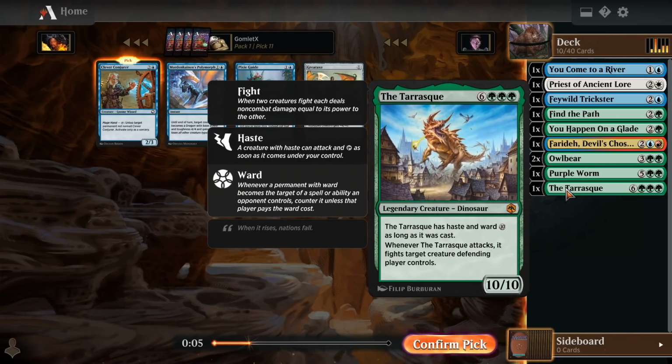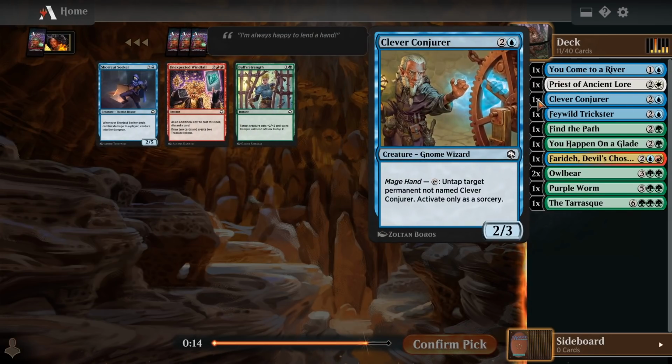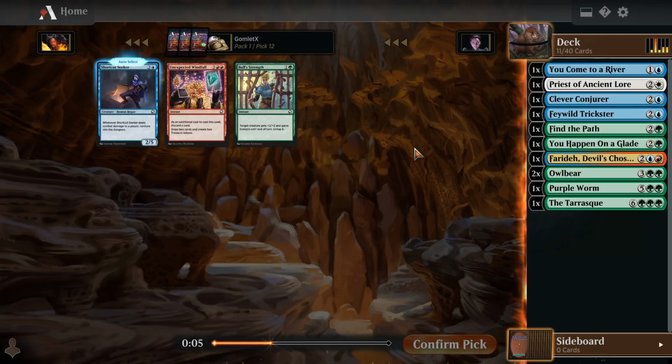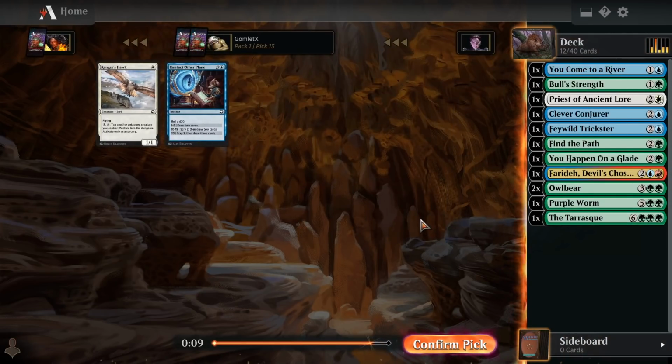We have a lot of stuff going for that, and for the same reason, I'm going to take the ramp card over the dice rolling card here. Clever Conjurer, that can untap one of our lands and works exceptionally well with a Find the Path. That'll give us twice as much mana by untapping that than untapping any other land would. So I do like that quite a bit, and I think I'm just going to take Bull Strength here over